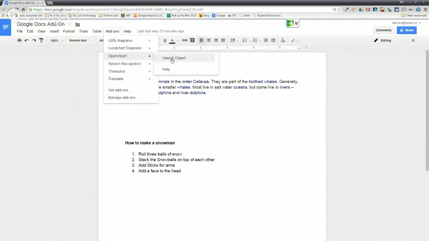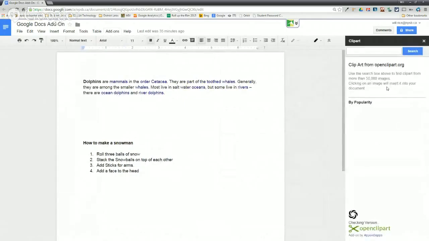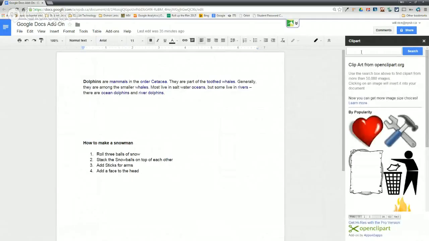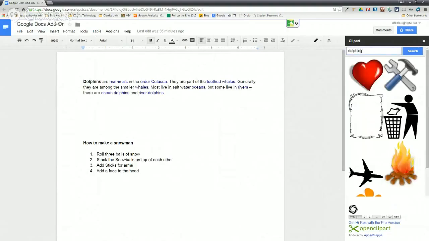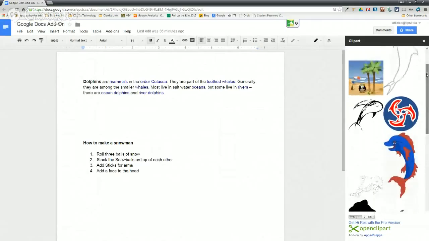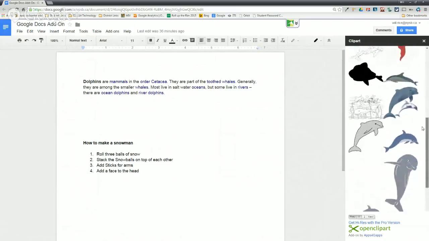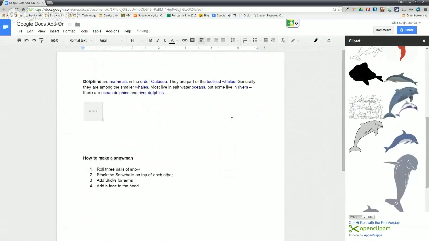So we just click Search Clipart, and over here on the side, a little search bar pops up, very much like what you would see in Office. So I'm just going to look here for dolphin, since that's what this passage is about, and click Search. And you'll see that any of this clip art that comes up is likely what you're looking for. And I'm going to look for one here. Oh, here's a great picture. And I can just grab this and drag it over here, just like in Word,